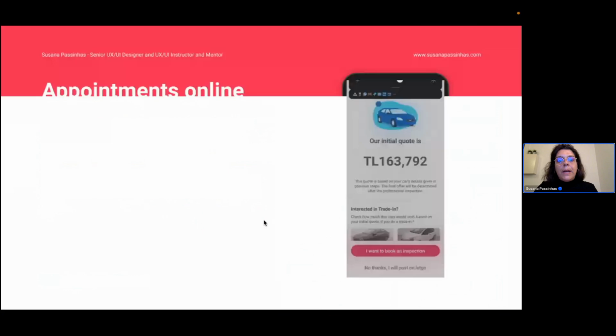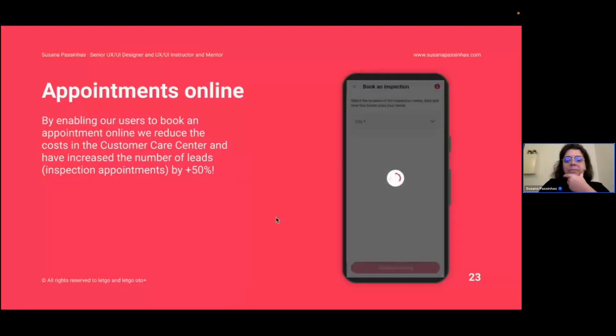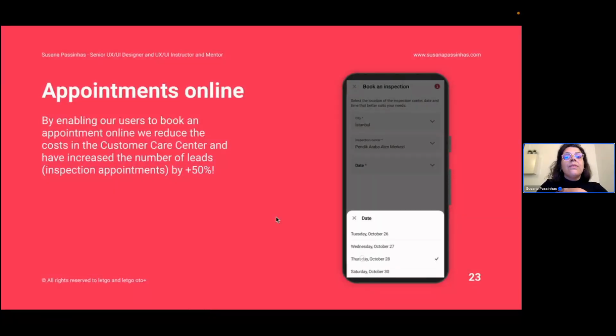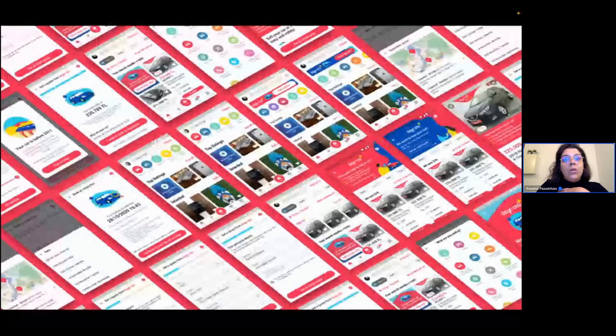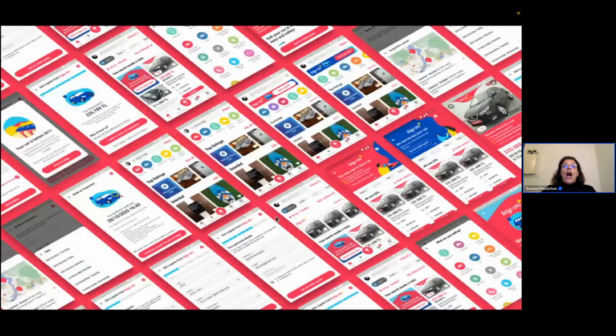Design never ends. We started by allowing people to book appointments online, so we could cut on the customer care, the customer call center, because that's very expensive. We started having different locations where we were selling the cars, so it actually expanded a lot, and they made a lot of money. In the meanwhile, I left the company and so on. It expanded so much and grew so much that it got acquired, which is the dream of any investor. Okay, so that's it. I don't think it's called Let Go Auto Plus anymore, or if it is, the owners